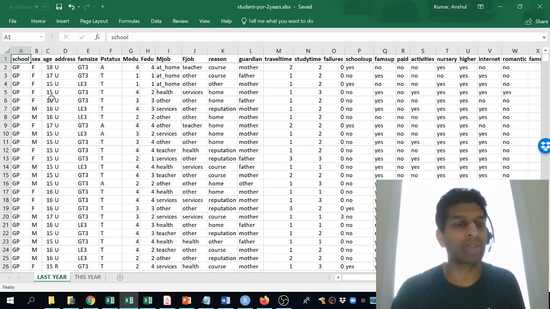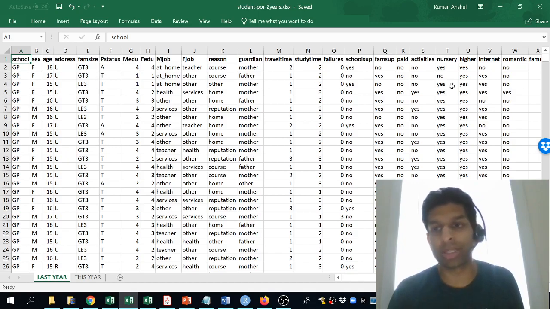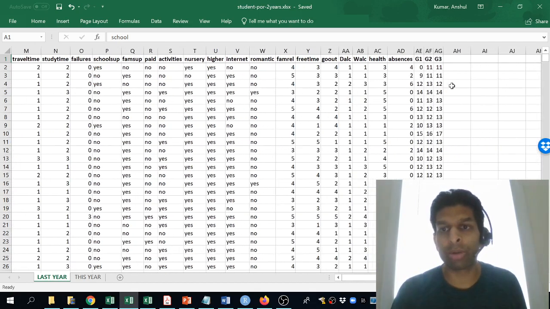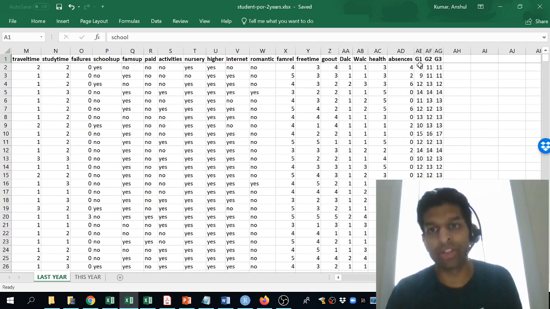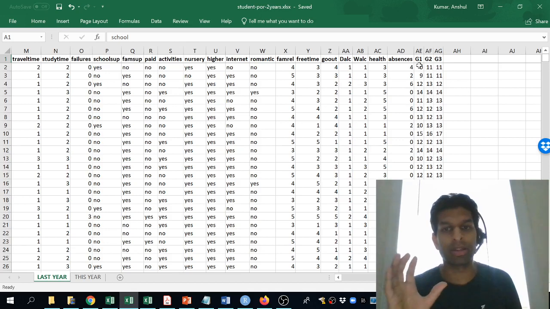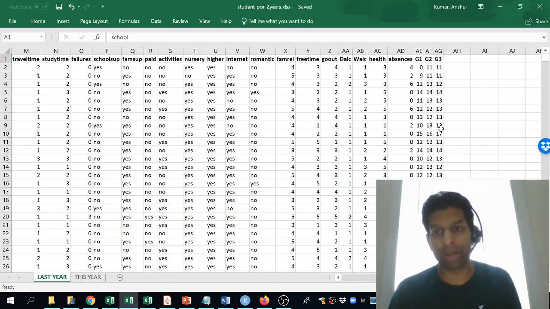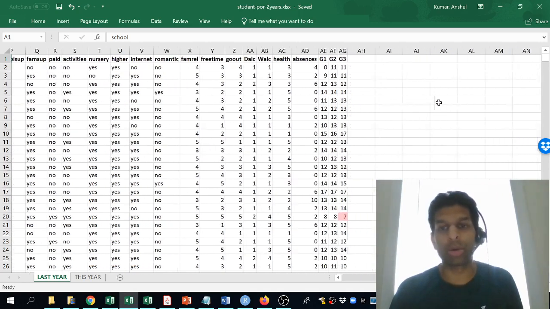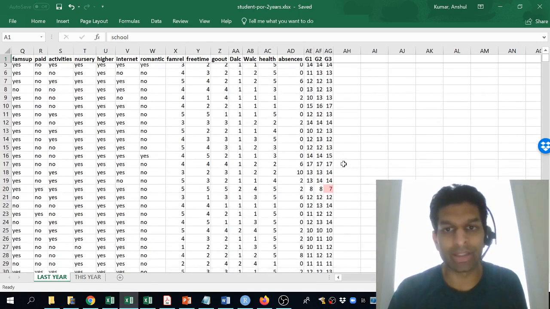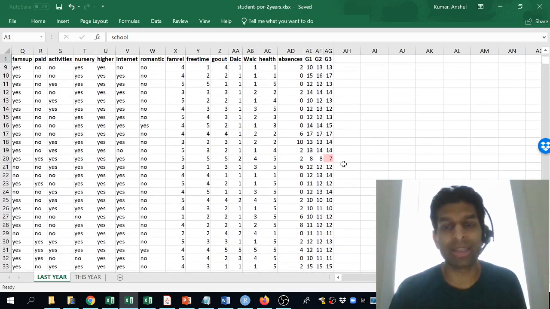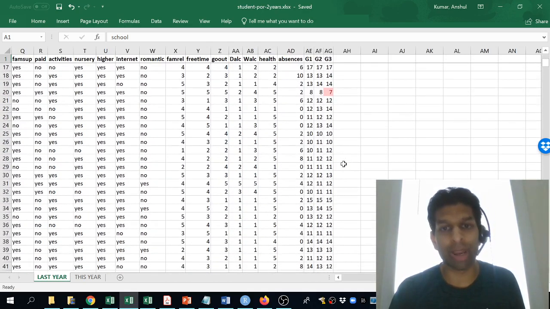And so we have demographic information about all the students, as you can see as the headers at the top here. And then if you go to the right, we have G1, which is their grade at the midterm of the semester. G2 is another midterm grade. And G3 is their final grade in the class. And so I'll move over a little. And so if you scored less than 10 on your final grade, as this person here in row 20 did,